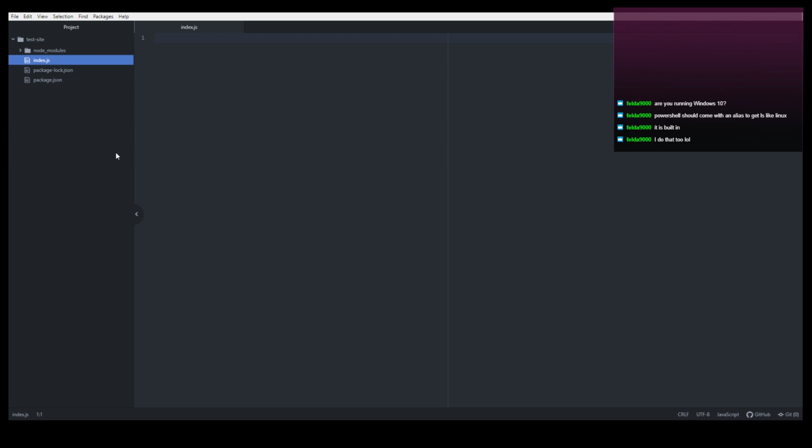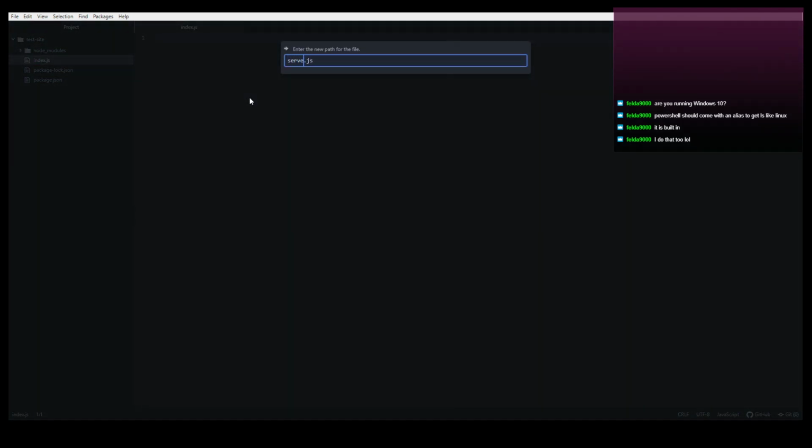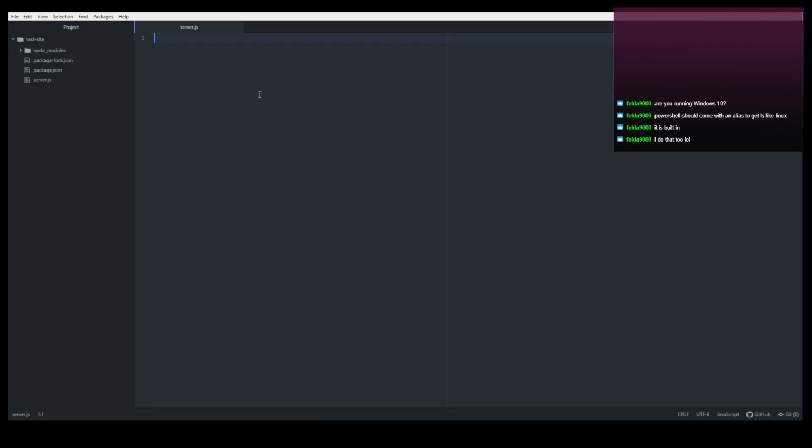Actually, I'm going to name it server so that we know what we're running. And then I just copied and pasted that straight in. Eventually, I'll want to set up a lot of this using environment variables, things like the port, and a few other things. But for right now, this will work. So if we save that,